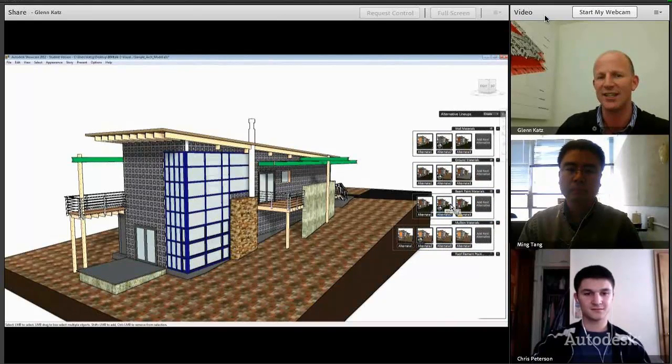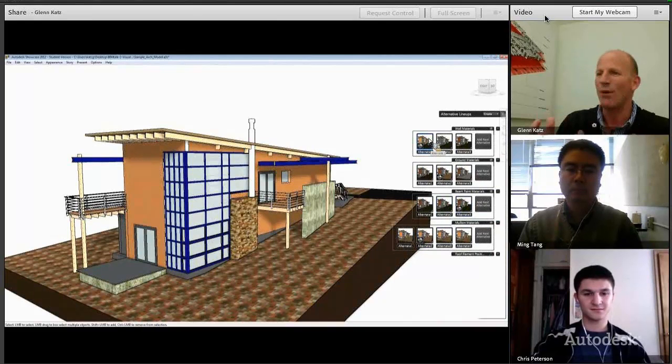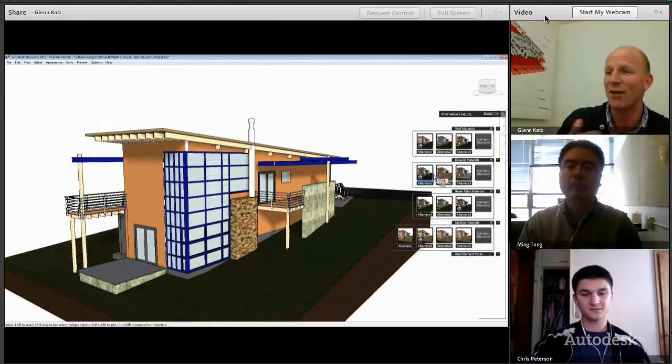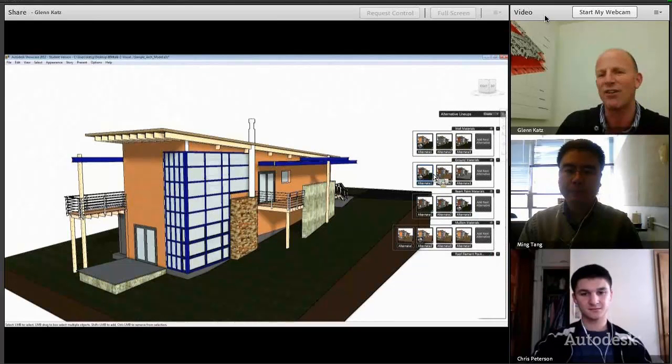So I could say, well, what if it was blue beams and blue mullions and wood? You get to play with it. But this sort of communication is not only cool for me as a designer to be able to play this way, but also when I'm interacting with clients and explaining what the alternatives are for the project, just the ability to manipulate the model very quickly. It's engaging and it gives us a whole lot of power